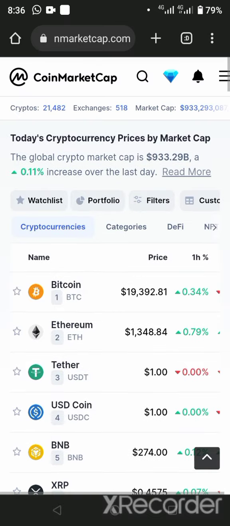Like I said earlier, CoinMarketCap is just like the Google for all crypto projects.